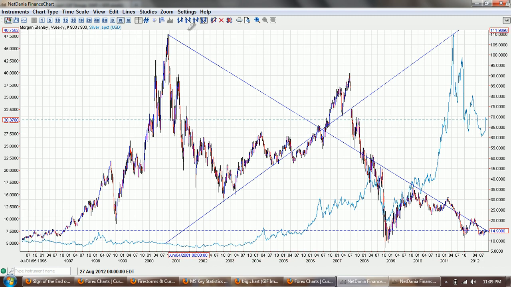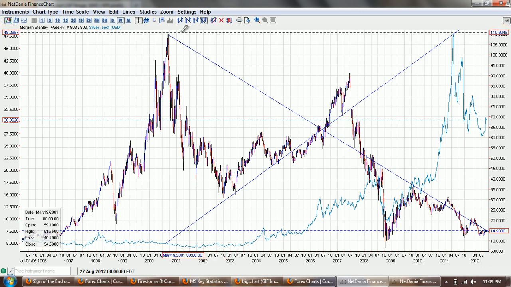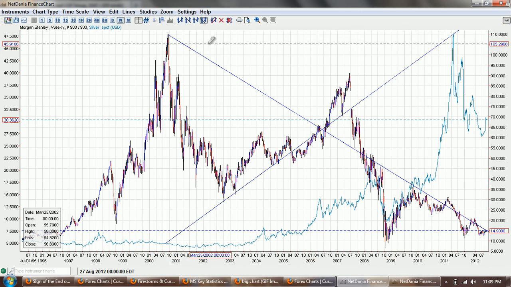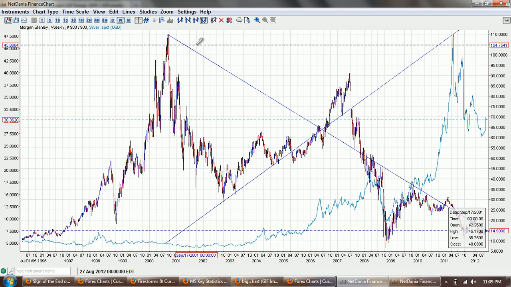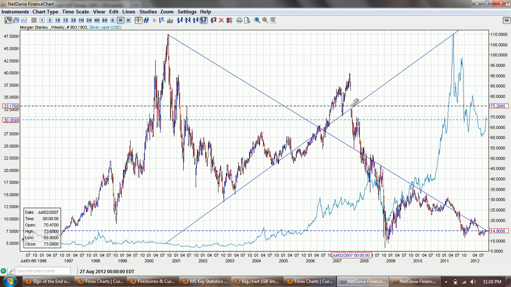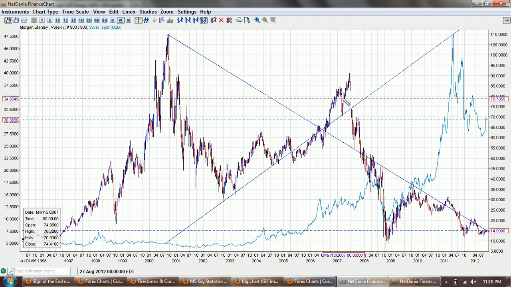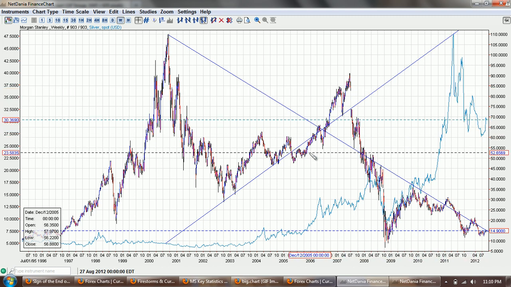At one point back in about 2000, you could have sold all your Morgan Stanley stock and got $110 a share, and you could have picked up silver for under $4. That happened a little bit later. So what a tremendous trade you could have made. Now we've got Morgan Stanley at 15 and silver up at 30. So you can see the trend is very clear. The paper is burning and the real thing is rallying.